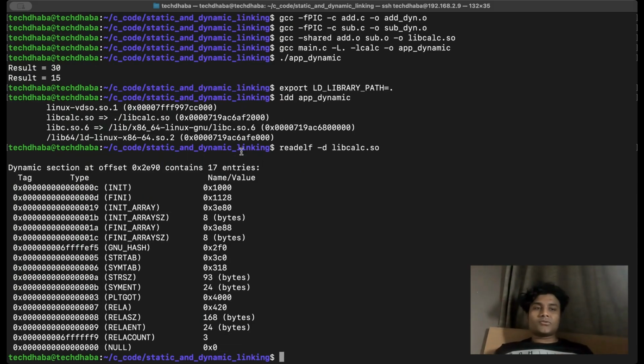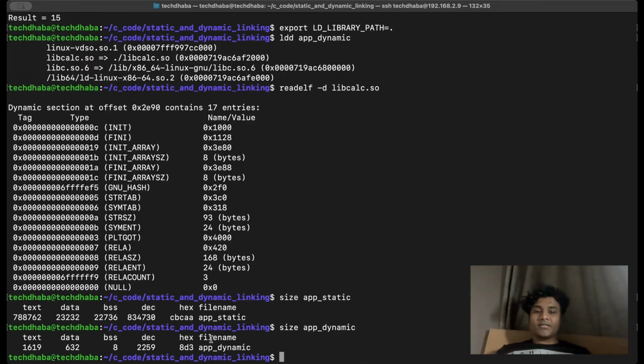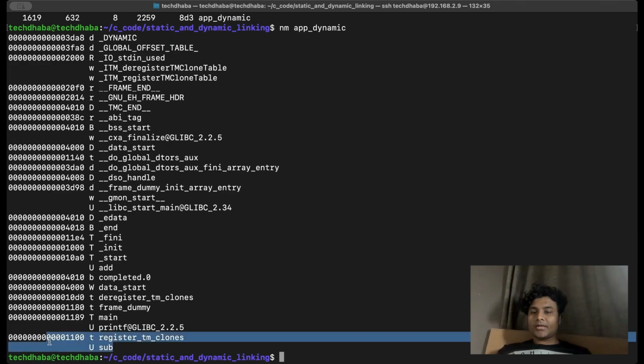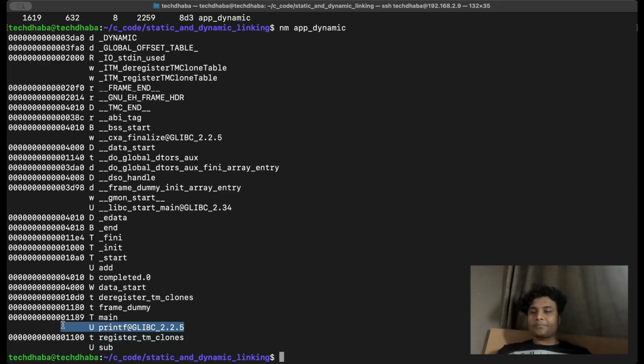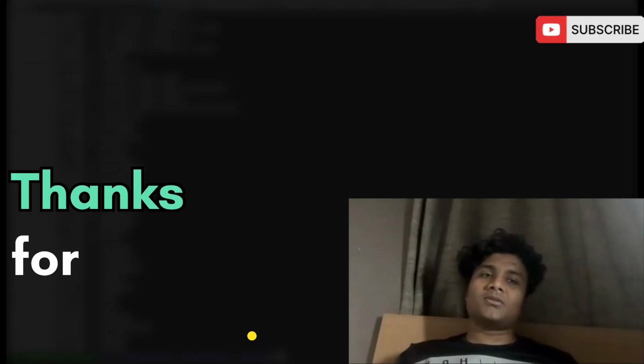Again, in this case also, you can see the size of app static and the size of app underscore dynamic. Size-wise they are very distinct. If I do nm for app underscore dynamic, you can see that they are not linked. There is no address given to this. This is going to be resolved at runtime, and that is a problem. But if you do it for app underscore static, addresses are already fine. So I'm not searching at runtime where these functions are. That is why they are